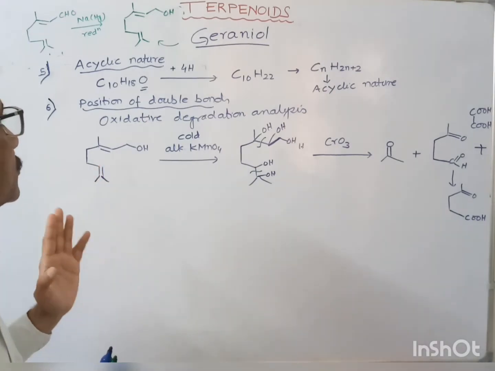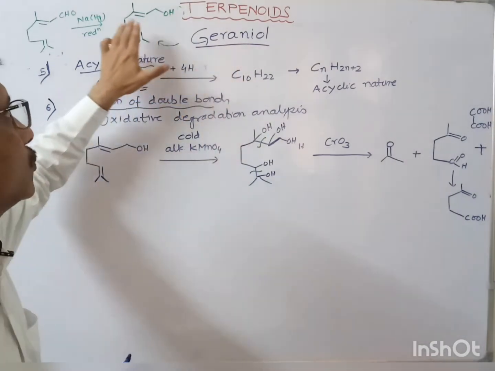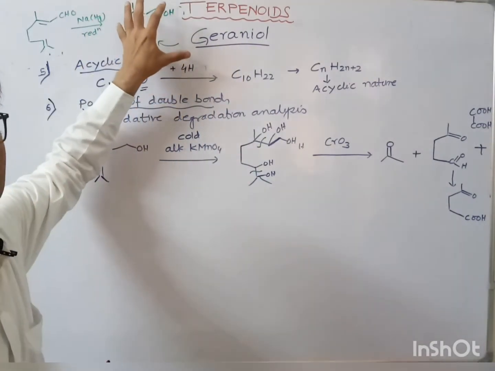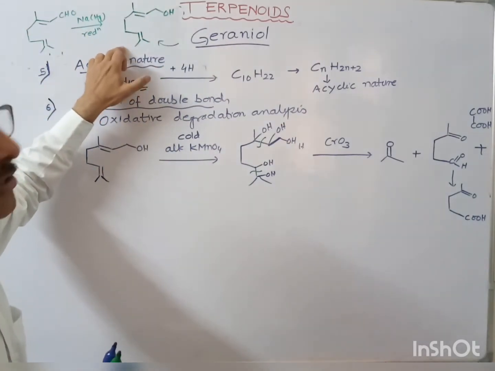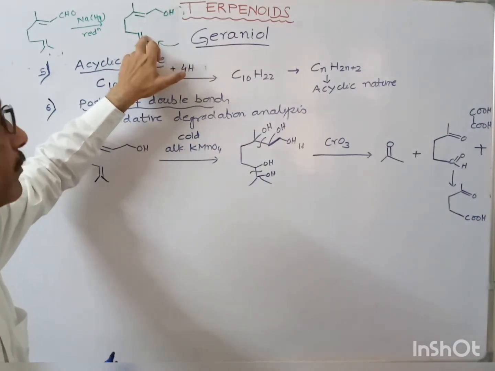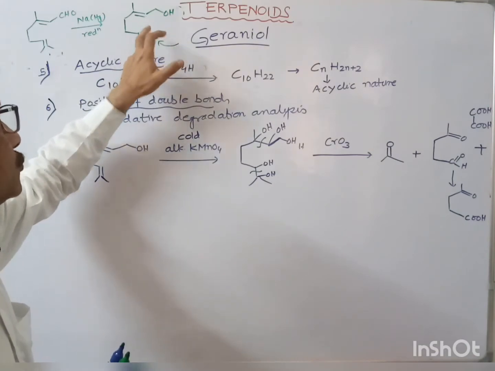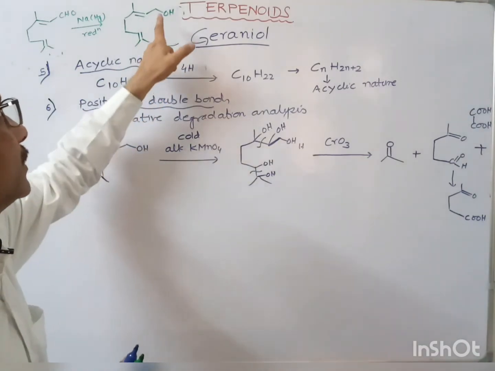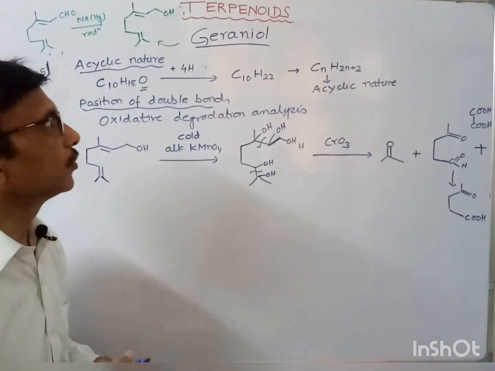So in the structural determination of geraniol, what we have proved: first the molecular formula, that is C10H18O. Then by the hydrogenation test, the presence of two double bonds, okay, by hydrogenation and by bromination test, the presence of these two double bonds, and then the nature of this oxygen atom by the steric ammonium test. Okay, then